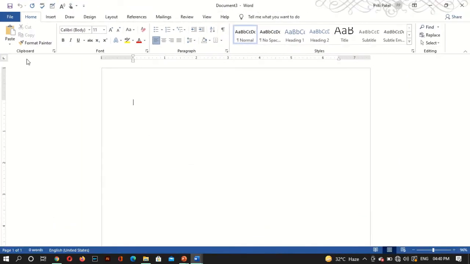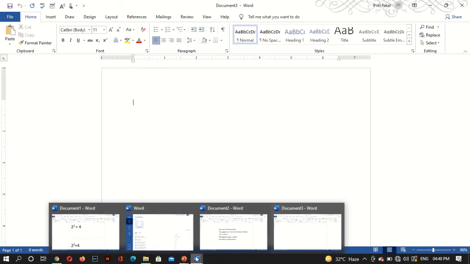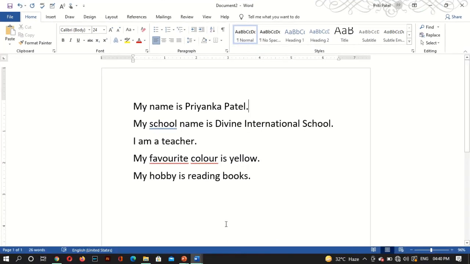This is how you can start a Word page, okay? This is the quick access bar, this is the title bar, this whole area is called the ribbon, okay? The status bar, this is the blank page. So this is what we have come across in Word, okay? Now we will change text case, okay?